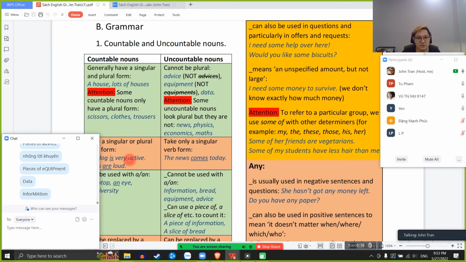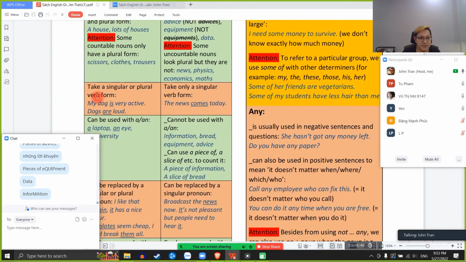Alright, continue please. Countable nouns take a singular or plural verb form. My dog is very active. Dogs are loud. Uncountable nouns take only